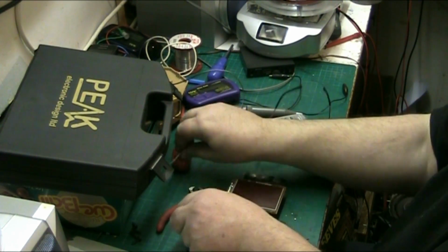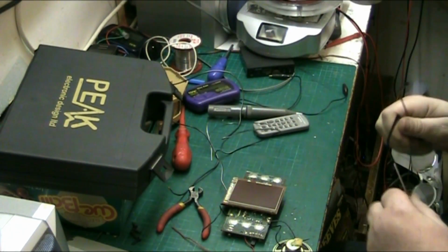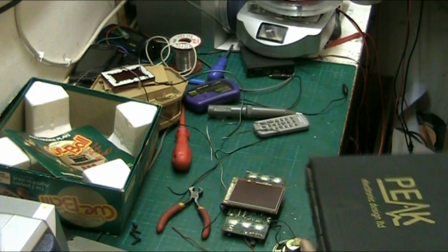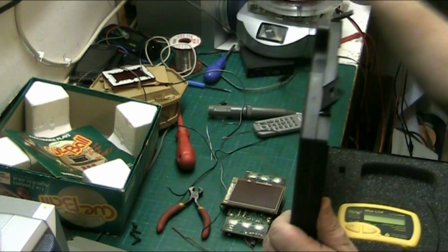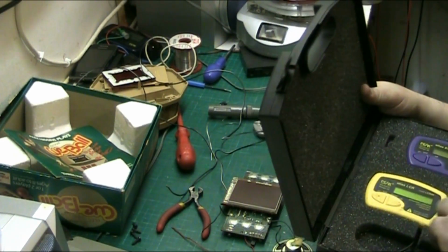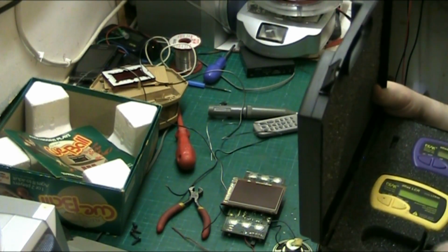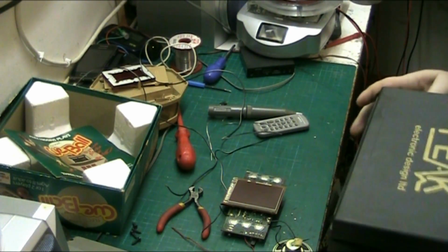So it works on that, so it does run on 9 volts, so it is a 9 volt supply that it needs. Or six AA batteries to give it 9 volts. Don't know how long they'd last. I mean, I looked at it years ago, and the socket was damaged that you plug the external power into. So I soldered that back up, but